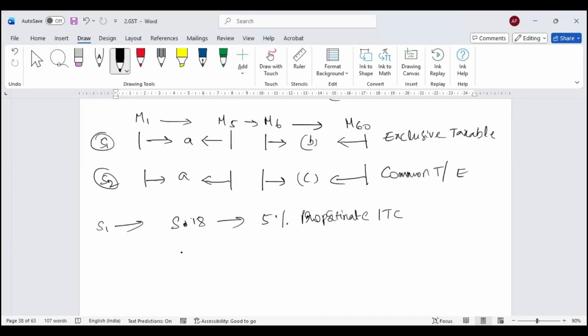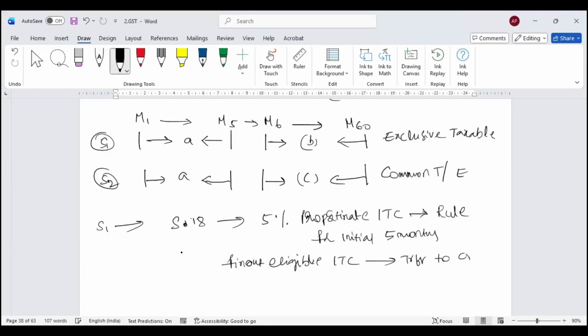ITC, apply this particular rule for initial 5 months. Find out eligible ITC. Transfer to credit ledger. Law says that, look, since 5 months, this 5 months you have used exclusively for non-taxable activity, apply that formula